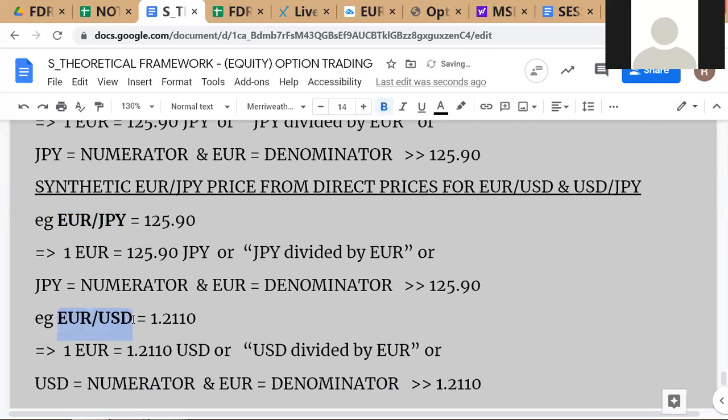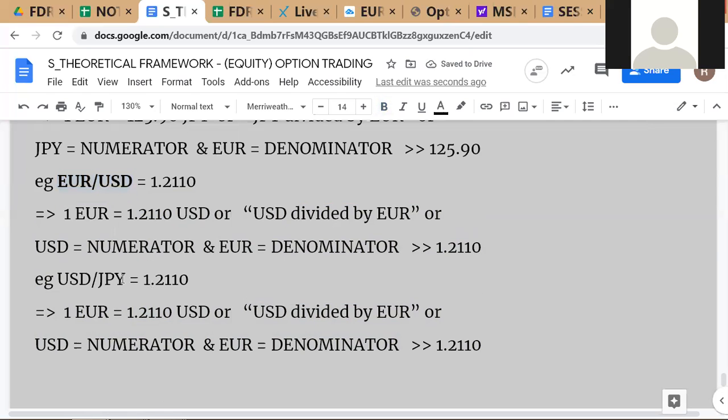Put this in bold. Dollar yen we have said is how much? 103.96. Here again, base asset is US dollars. So this is 1 USD is equal to,